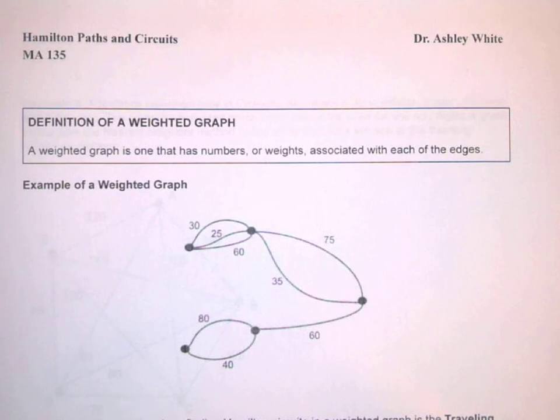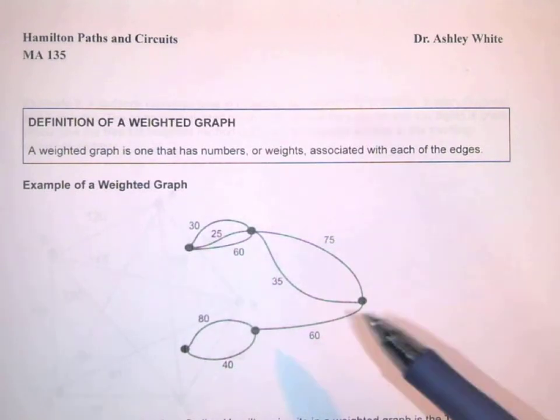Maybe it's the miles between cities that we're going to have to go. Maybe it's some other sort of cost or weight associated with them. So when we have a weighted graph,